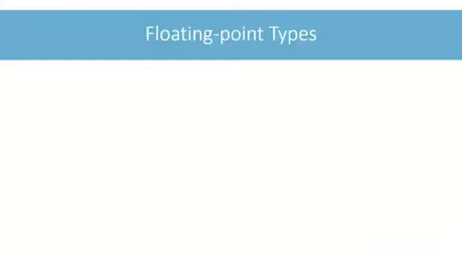In this video, we will discuss floating point types. This group of primitive data types are used to store fractional numbers or real numbers. Before we look into the data types present in this group, we need to first understand a few challenges associated with storing fractional numbers in computer's memory. Take the example of square root of 2. The result is